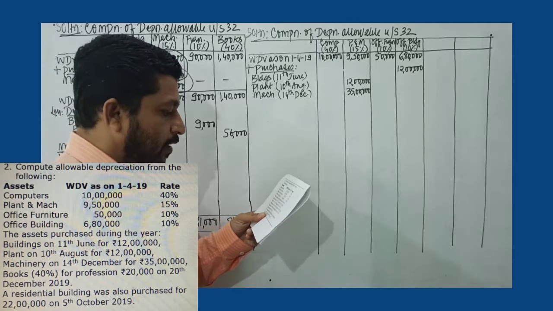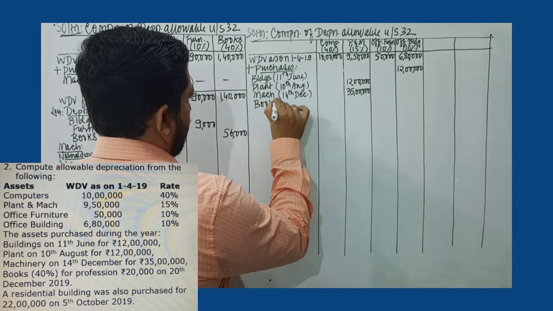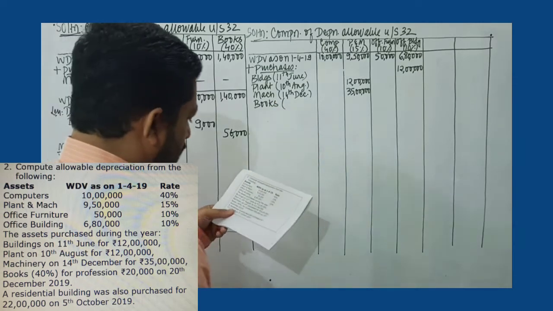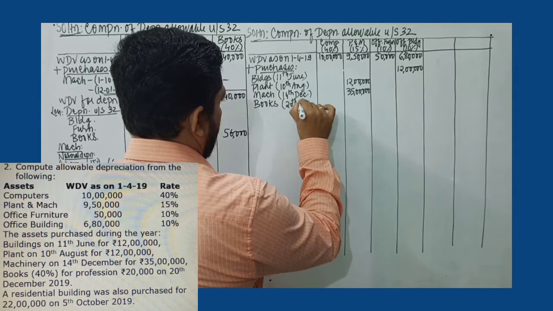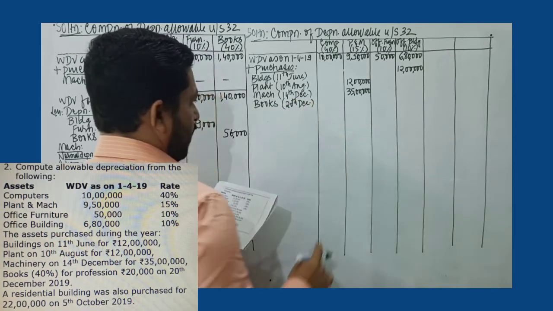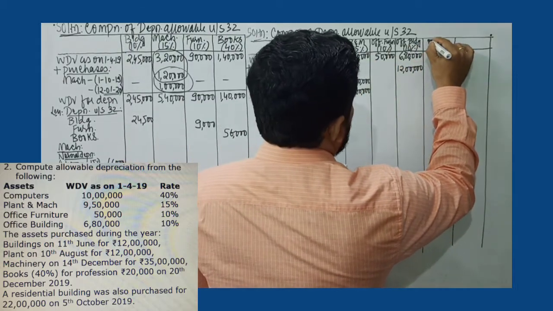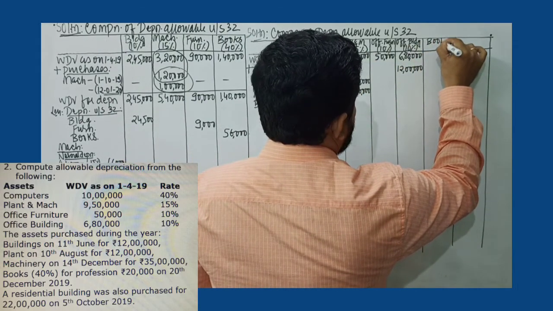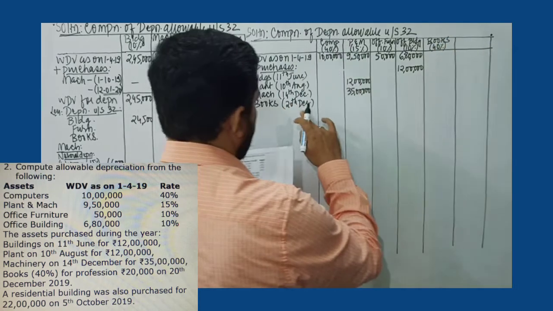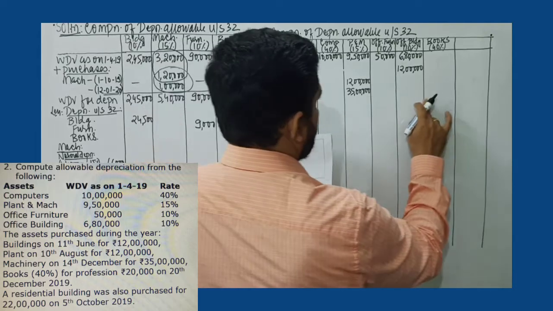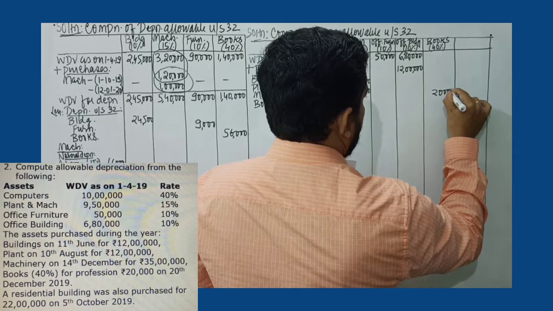Then books are purchased on 20th December. Now there is no block over here for books, so I record the 5th amount column as books, and the rate of depreciation on books is 40%, it's given, and the value of books purchased is 20,000. So I record 20,000 in the books column